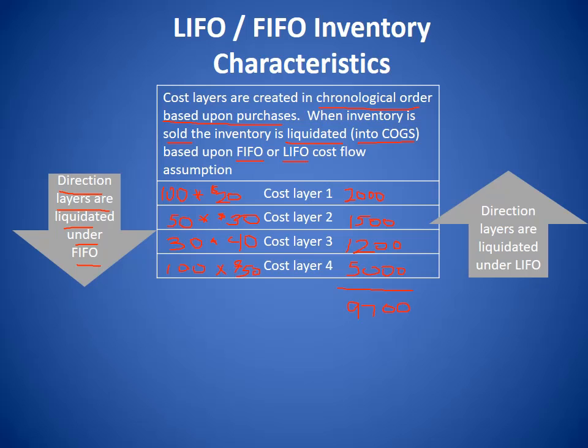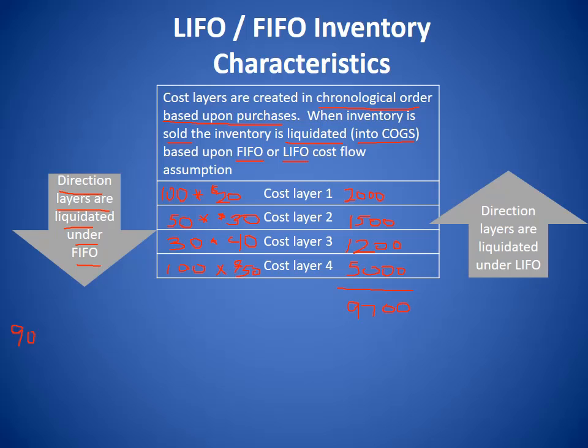Let's assume these 4 cost layers exist, and I'm now going to sell 90 units. It's pretty easy because under FIFO, I liquidate the first in, first out. In other words, the first layer that came in is the first layer that goes out. So if I sell 90 units, it's going to be 90 units